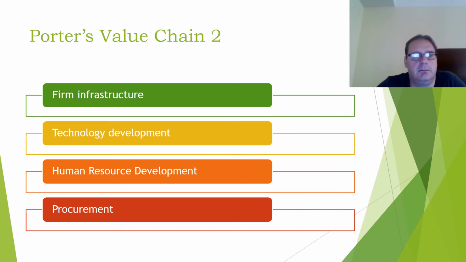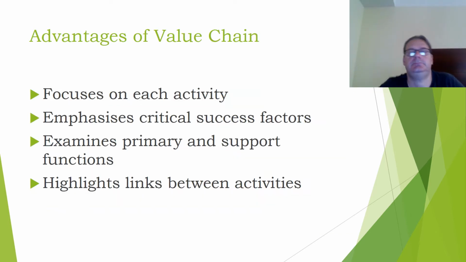Right, that's Porter's value chain. A further explanation, these things here which are on slide 2, he considers to be the less important ones. So the slide here says, what are the advantages of the value chain, but I think you need to think about this as some form of a process as well. So what we're doing, therefore, is that we divide up the processes of an organisation into those 5 headings: inbound logistics, outbound logistics, operations. And then it says that we then focus on each activity. So within each activity, we look at what we're doing, and we look at the costs which are arising.